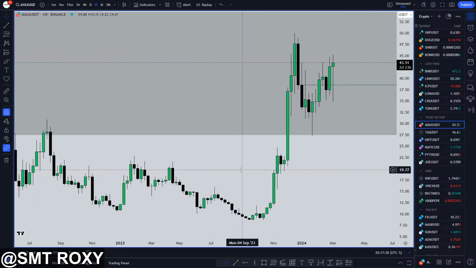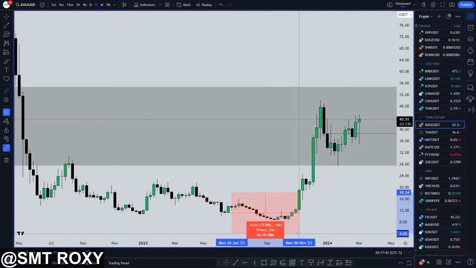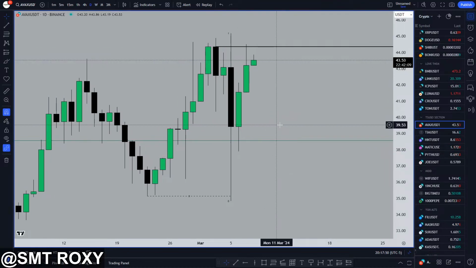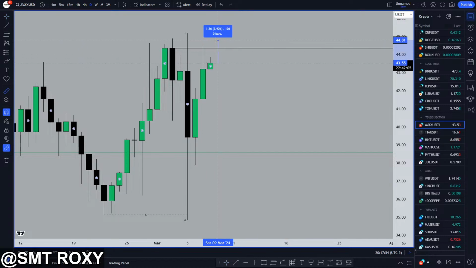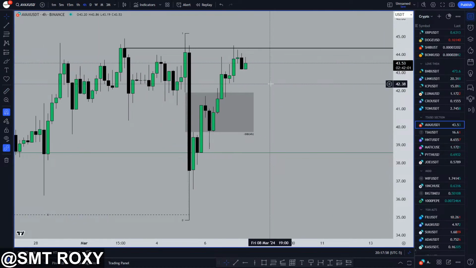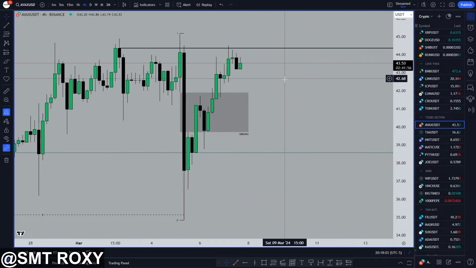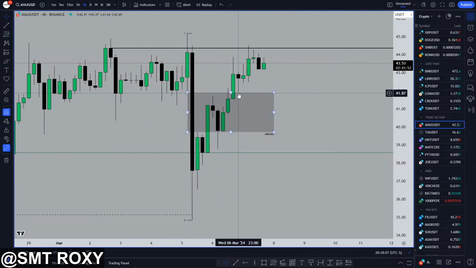So I was like, all right, hold on. Let me go on the weekly, and you can see it there on the weekly. It looks just like a bunch of chop for this year. And on the weekly, we don't really have anything except for this, but even then we came down already and we went higher. So on the daily, I was like, what is the daily showing me? We swept sell side, and then eventually we are forming a breaker. I would want to see a close above, and then I think we're going to have strong delivery if we do close. Even if we're about to close, I think we're already going to have strong delivery before we make that close. And then eventually we have a sell side imbalance that has become inversed.